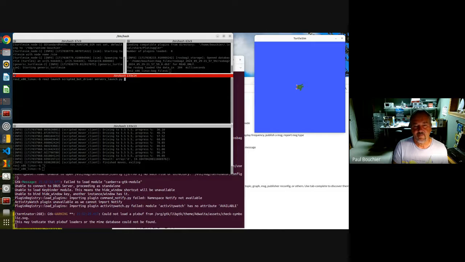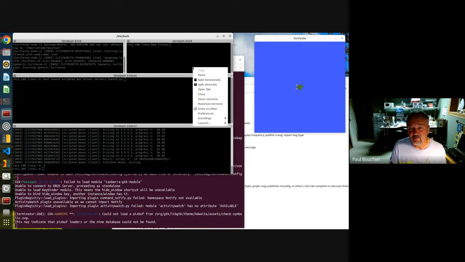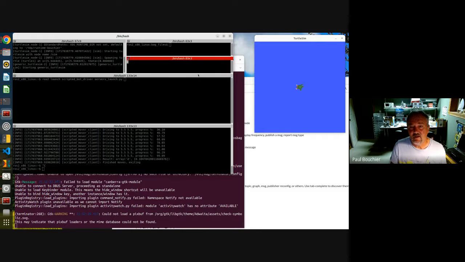And before we do that, we're going to start up Swiri console. I'm going to split this window in half and ROS launch Swiri